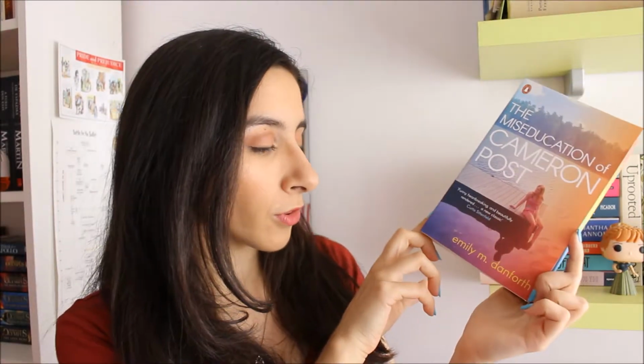The first challenge is read a book with purple on the cover. Now this can be a little bit of purple, a lot of purple, every single type of purple. It could be this, but I've already read this book, so I went with The Miseducation of Cameron Post by Emily M. Danforth. I purchased it this Christmas, I think. I've hauled it. There's a video of me talking about when I bought this book. It has this very cool page edge painting. It actually sits on my shelves like this because I think it's pretty cool how they painted